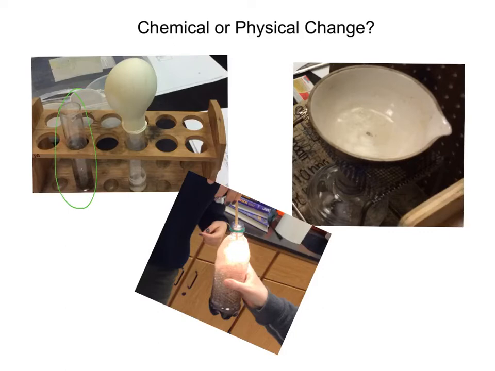Now, it turns out that only one of the 3 substances that we put in here had anything in it that reacted chemically, and only one of them went through a chemical change. That would have been the Alka-Seltzer, which caused the balloon to inflate because a gas was created as the particles inside of the test tube started rearranging themselves and turning into new substances. That's a pretty strong indication that a chemical change has happened if you get a gas without heating your substance.